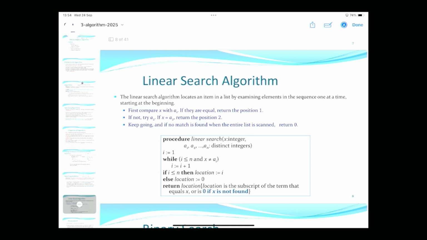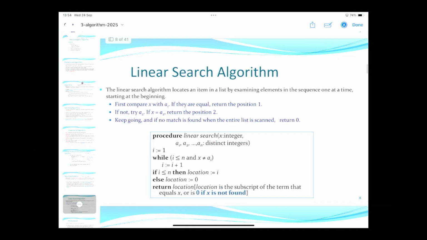So the way that we search for a number in the list is shown here using pseudocode, and it is called linear search. We have to understand the pseudocode, how it works. You have this in your programming course as well, pseudocode. So it starts with the first element, A1, so i is 1, and then repeatedly we